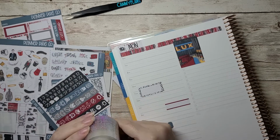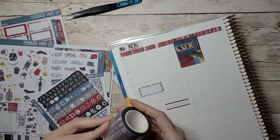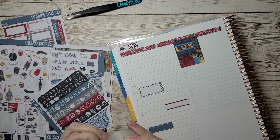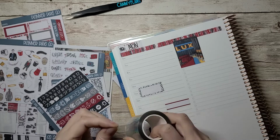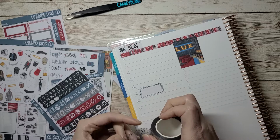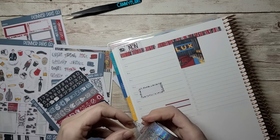Okay, I think I pulled this out. These are from Simply Gilded, Rose Colored Days. They're overlay tapes. I think I'm going to do an overlay on my full boxes. I think that would be really pretty. And it's kind of like a hollow, which I think is kind of cool. You have to be careful with these. As cool as these overlay tapes are, if you're not super careful on the cut line,